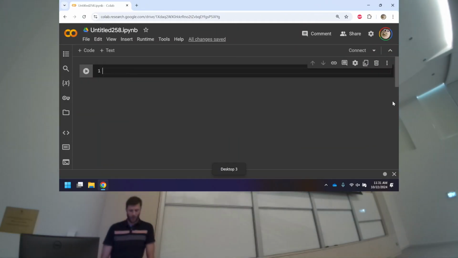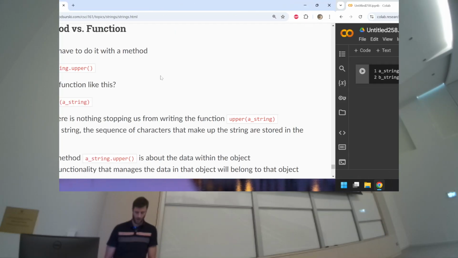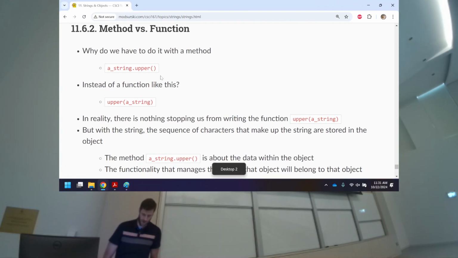And when we were playing around with strings, let's connect. I'm going to try to call the method, what was it, to uppercase? What is it? Upper. Right? Well, actually, first,